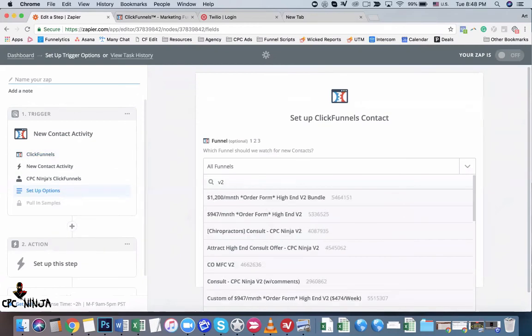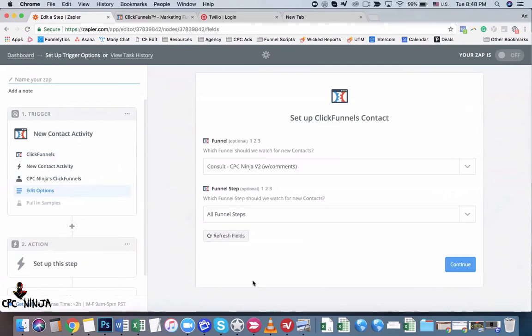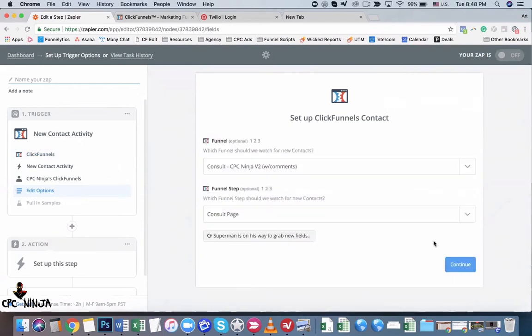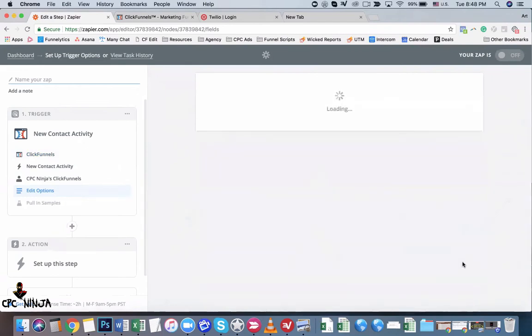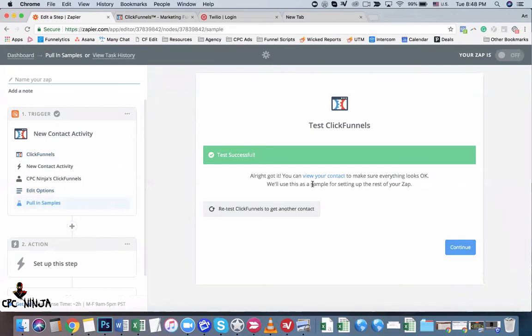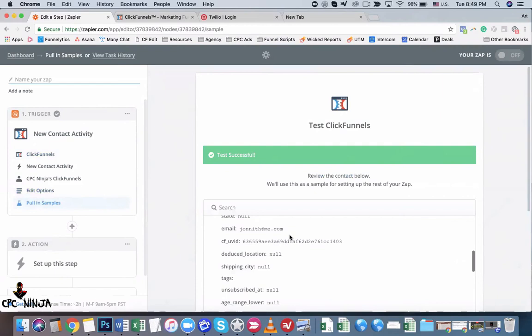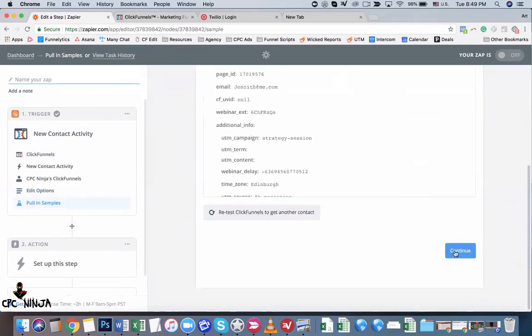Version 2. Let's see here. This one right here, okay? Consult CPC Ninja with comments version 2. And then obviously a lead. So the first page, landing page, the consult page, I call it too. Continue. All right, so let's fetch information from this. So let's make sure, let's view the contact. Good to go. This is a real deal Holyfield guy. All right. So we're going to get some real information. Cool. All right. If I click on continue,